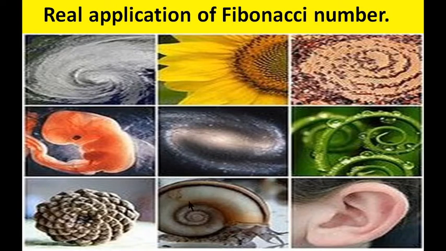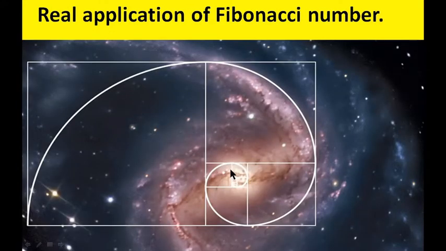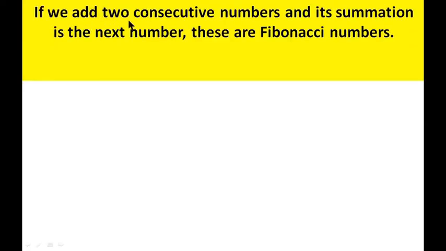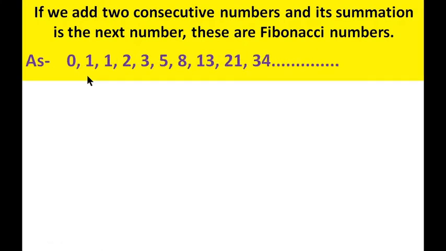So all these are real applications of Fibonacci numbers in our ear hole, and in some animals and flowers, and in the universe we can get the real application of Fibonacci numbers, and it will increase gradually like a coil. If we add two consecutive numbers and its summation is the next number, these are Fibonacci numbers. That means